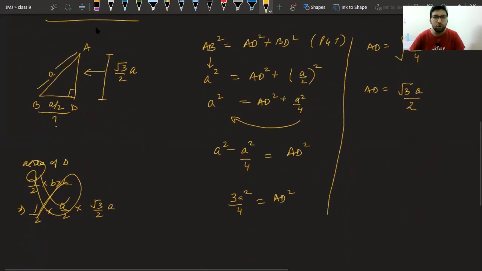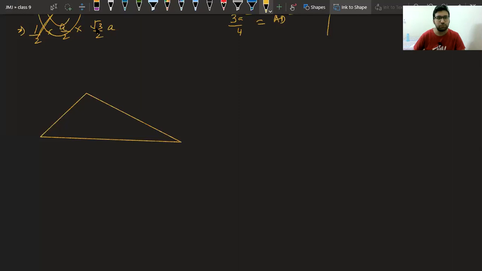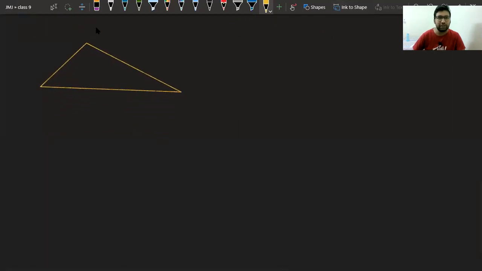Okay. Now comes the problem. So we have seen two cases where we have a right angle and where we have an equilateral triangle. Now the problem comes in this case. Suppose you don't have any right angle. You have a scalene triangle. Suppose you have sides 2, 3, and suppose you have 5, or you take 4. I think it will work.